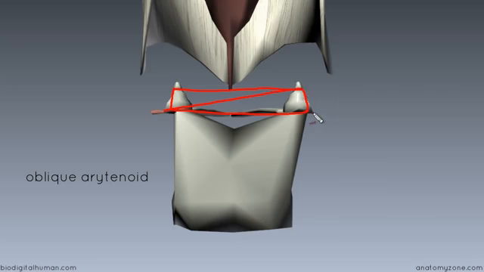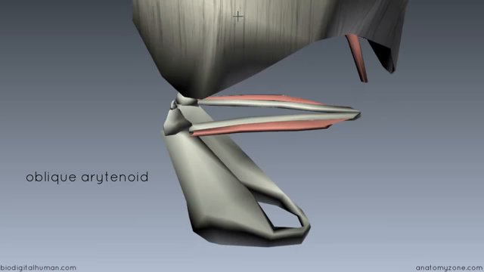So it attaches at the back of the apex of the other arytenoid cartilage. So you've got two of these. So the other one obviously has the same origin and insertion. So it runs from the posterior surface of the muscular process of the arytenoid cartilage and inserts on the apex of the other arytenoid cartilage. So if I just rotate this model round,